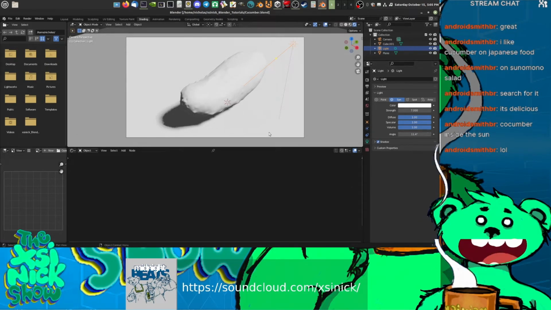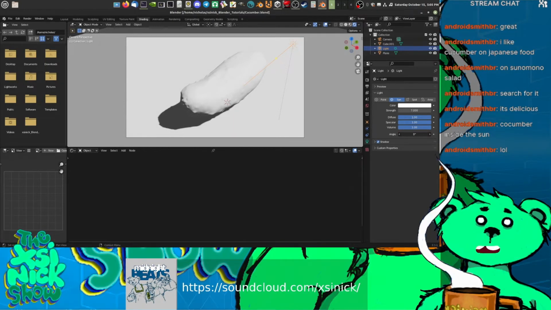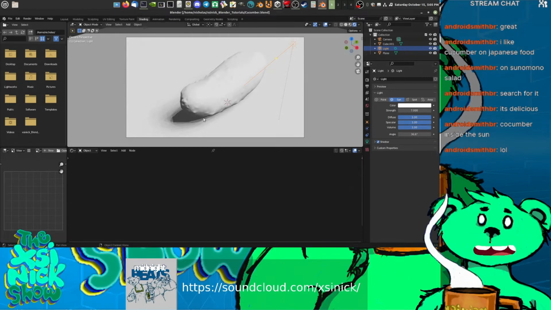And this angle controls how blurry the shadow is. So if you turn the angle down, the shadow is going to be sharp, and if you turn the angle up, it's going to be nice and blurry. So there's a science behind that. I think